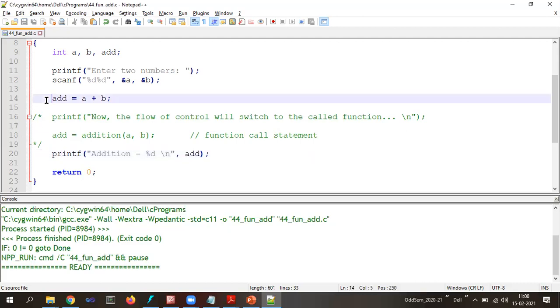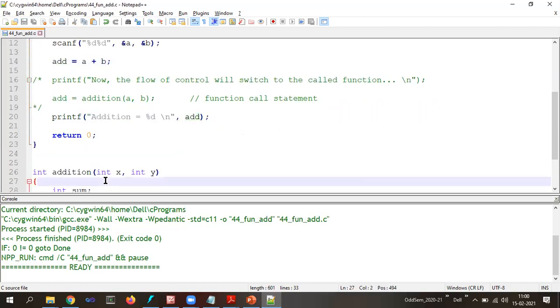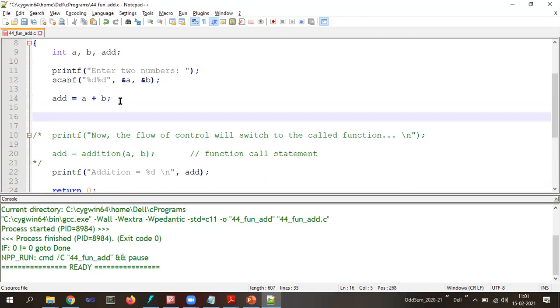Right, now what is the use of writing user-defined functions? The function which I have taken as an example is very simple, like addition. Now tell me, if I want to perform addition once again, what has to be done? I need to write one more add equal to a plus b. Now assume the program is not as simple as this, but complex, with a lot of statements.